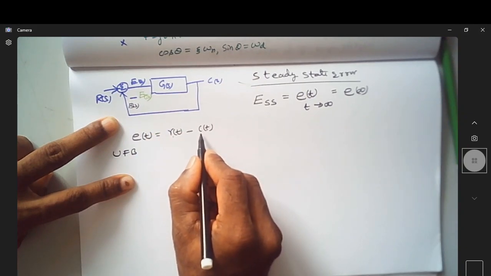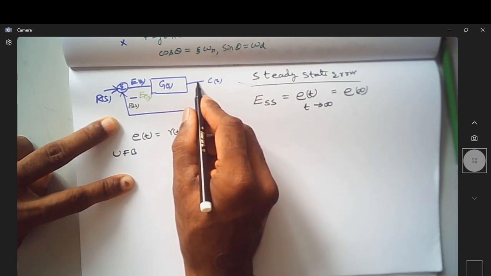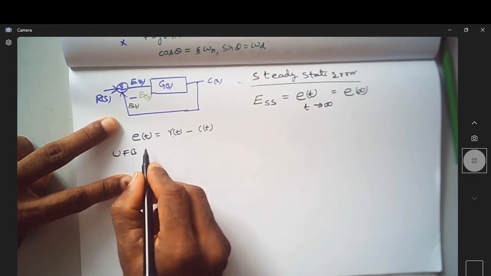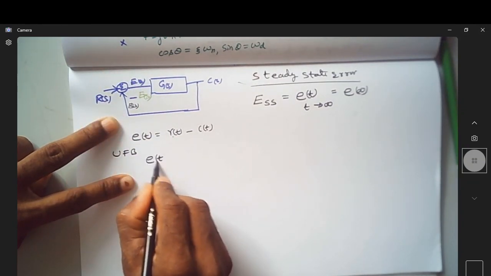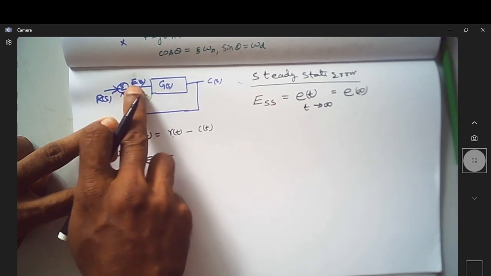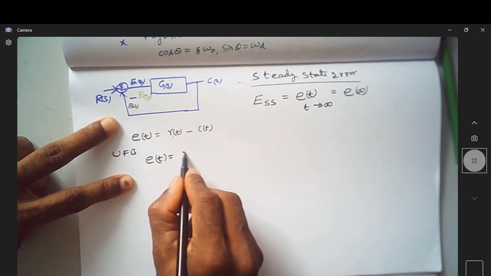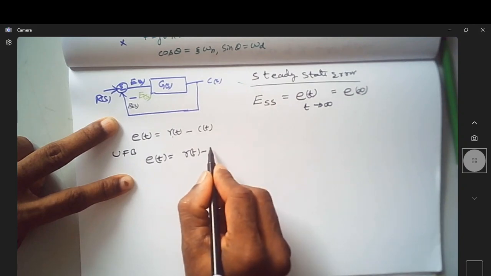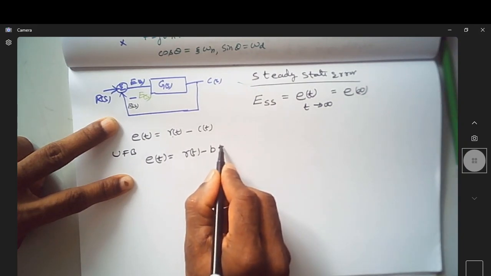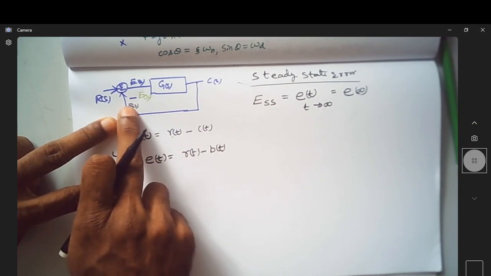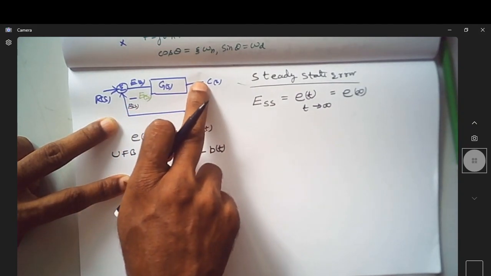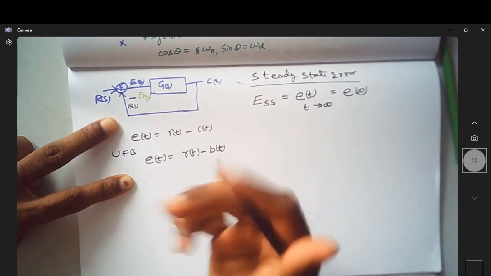So can I write the error signal as r(t) minus the feedback signal b(t)? Since b(t) is the same as c(t), if you take the Laplace transform of it,